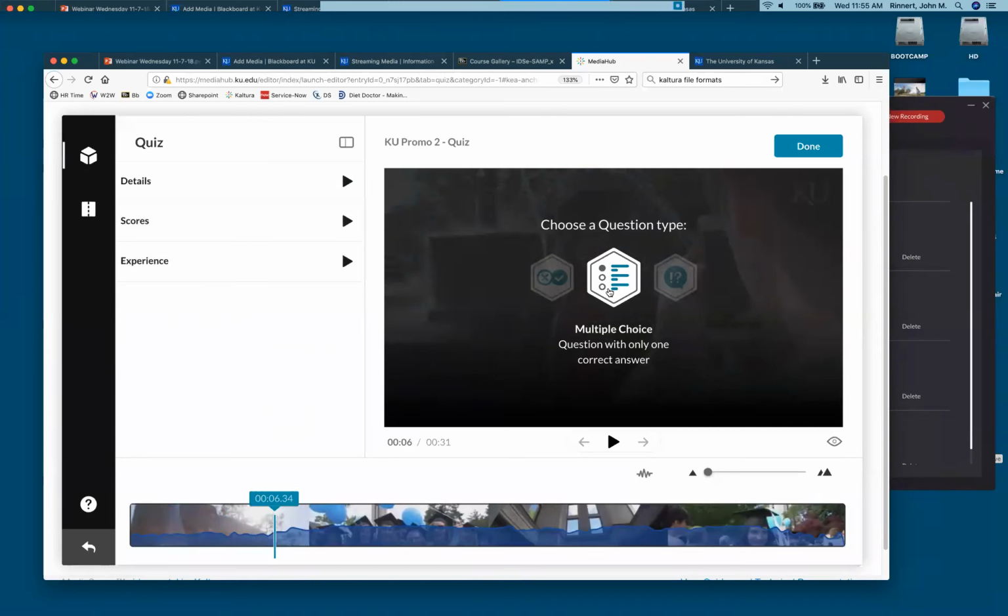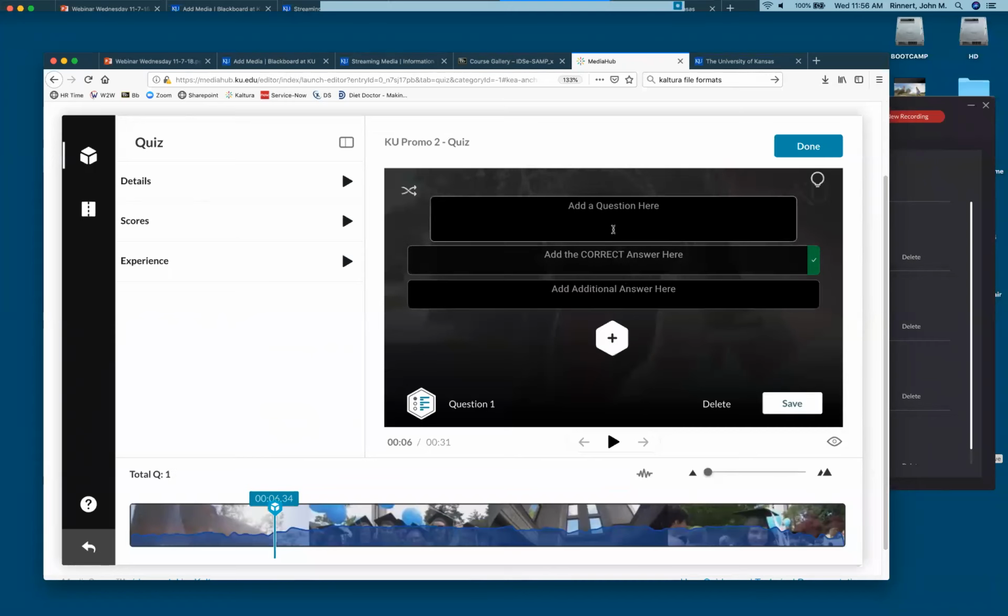I choose my question type, so I'm going to do a true-false question. Okay, I'm going to do a multiple choice question because apparently that's interesting. I haven't seen this before. I was able to do true-false, and I'll get to the bottom of that. So my question and option one, I guess I could have done true-false with just those two options. And I'll click save there.